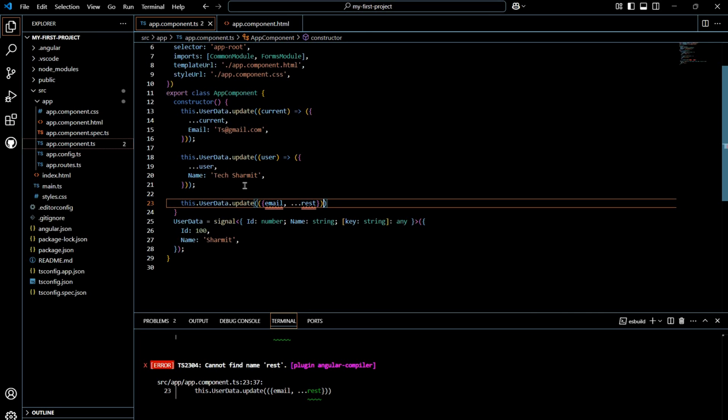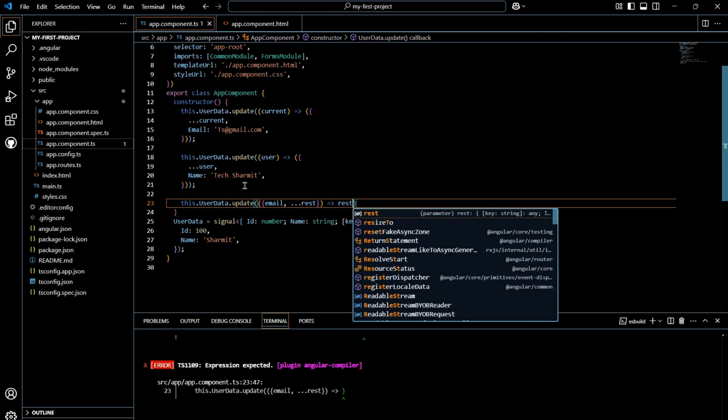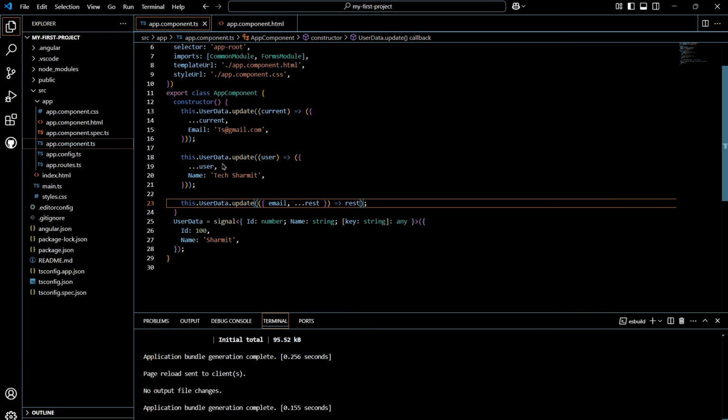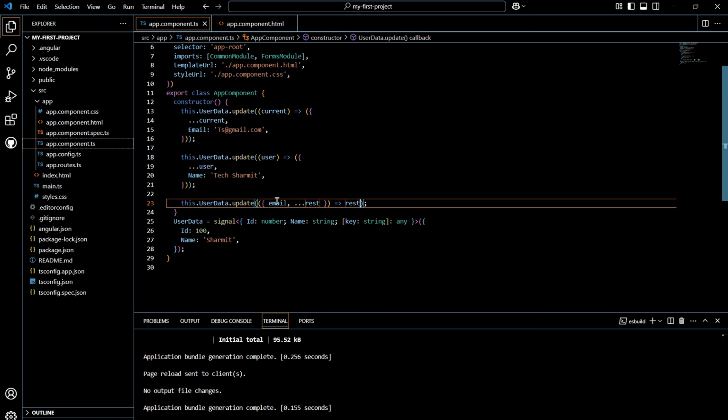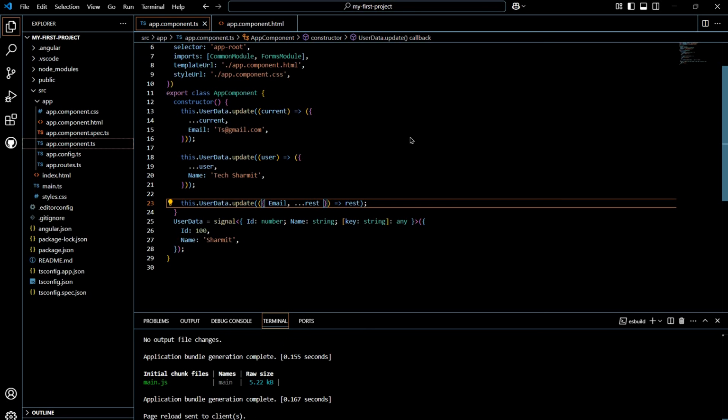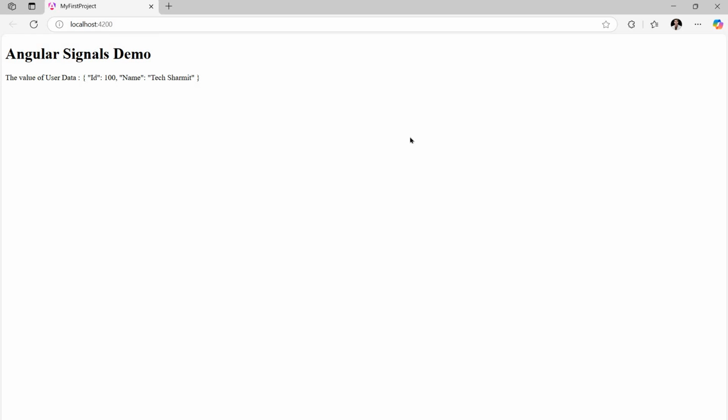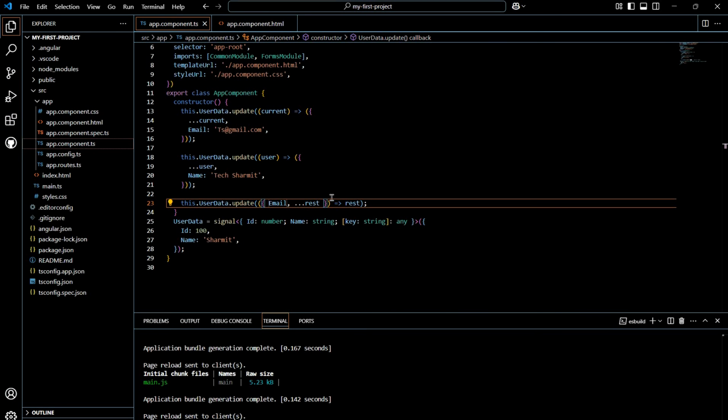And after this parenthesis we will write here comma arrow symbol, and after this arrow symbol we will return the rest. Okay, so now if you check the value after the refresh, something is wrong, I think. Yes, email, because we are trying to remove the small e, but it should be capital E. So now you can see ID is 100, name is Tech Sharmit, okay, and email is removed. Why? Because we have added this thing with the help of